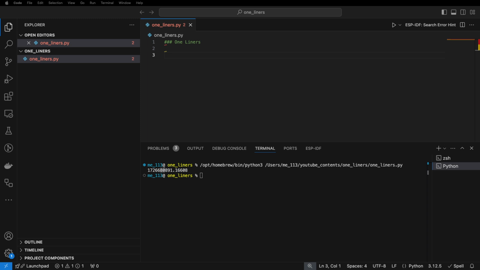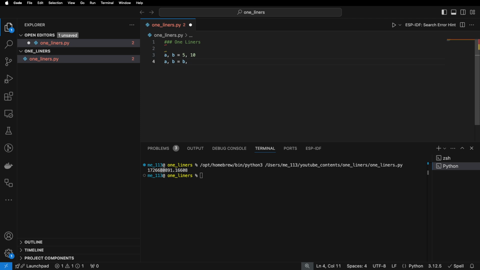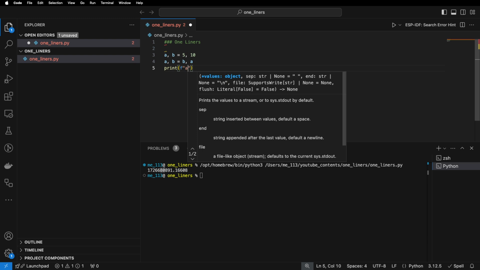So the first one is I want to show you how to swap two variables in one line. Let's say we have variables a and b with values like 5 and 10, and then we want to swap them. So a gets the b value and b gets the a value. So in Python, you can easily do it in one line. We can say a right now should be equal to b, and then b will be equal to a. If we print it, you will see,